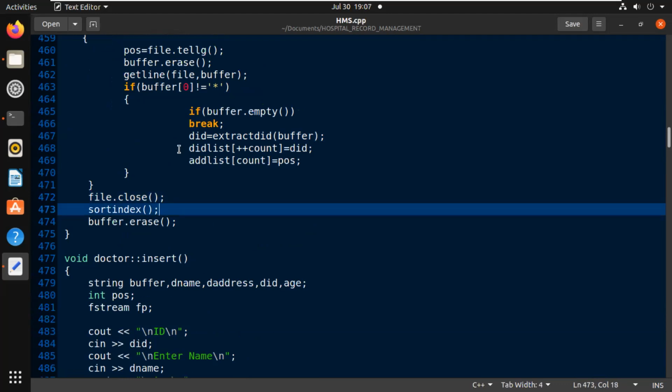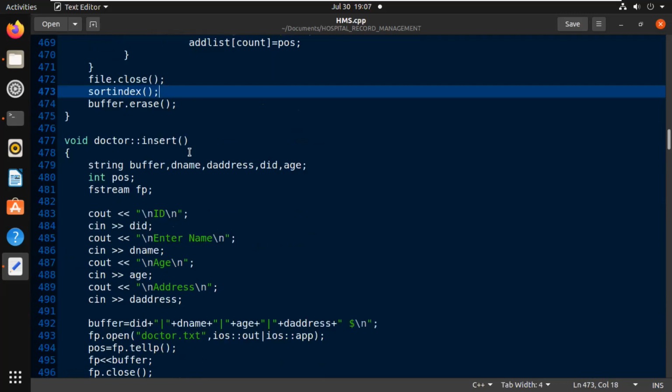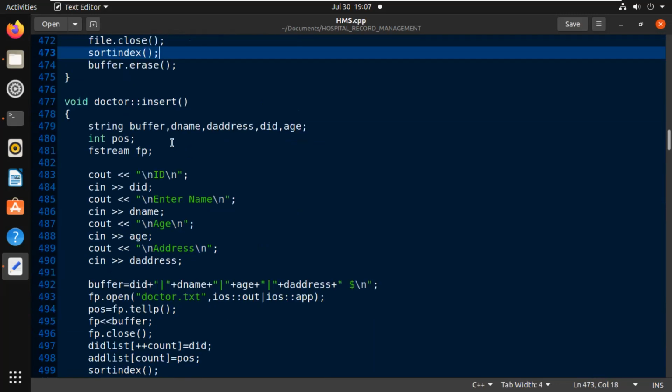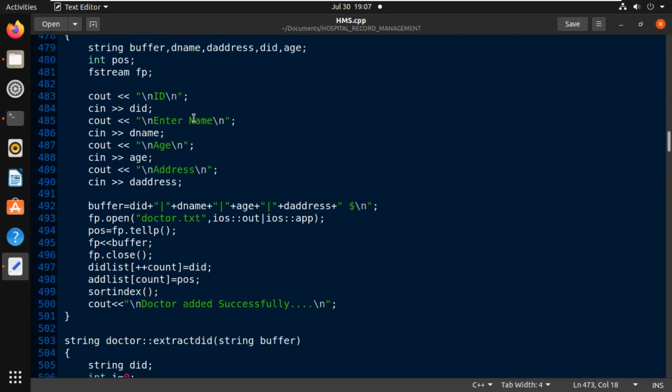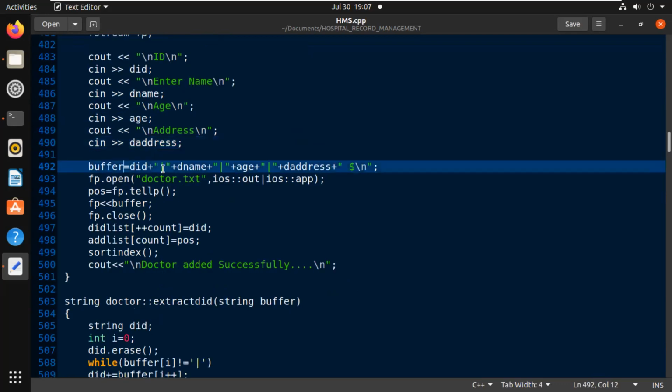Then here is the insert function of the doctor. So doctor details are inserted from here. The fp is the fstream object. We are taking the DID, that is the doctor ID, and the doctor name, age, and address, and it is stored in the buffer with the delimiter.